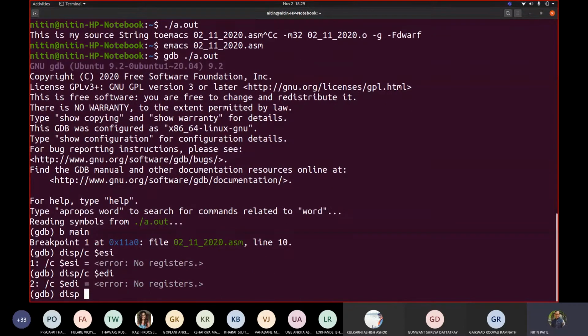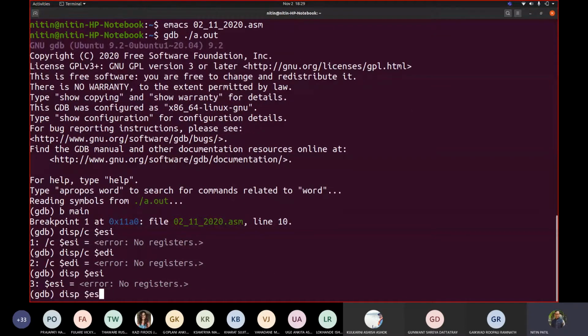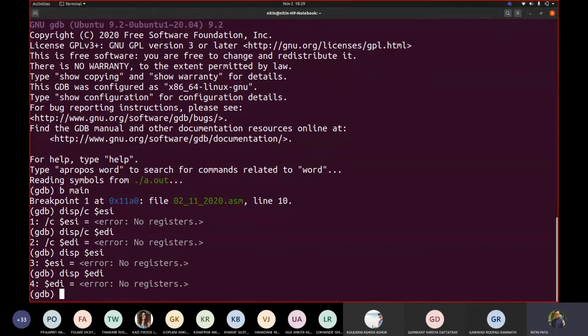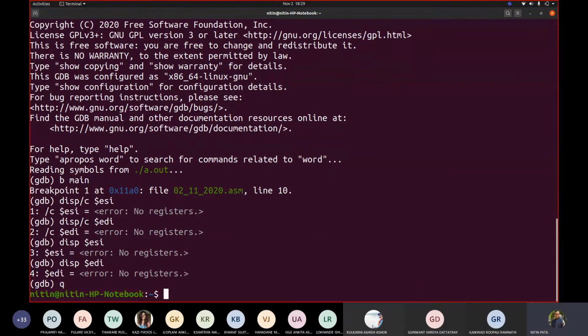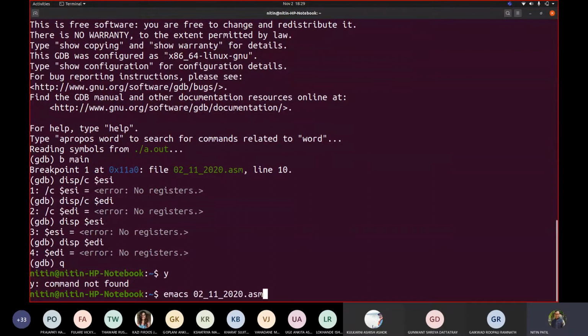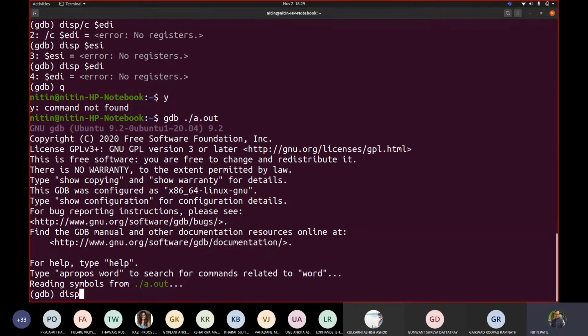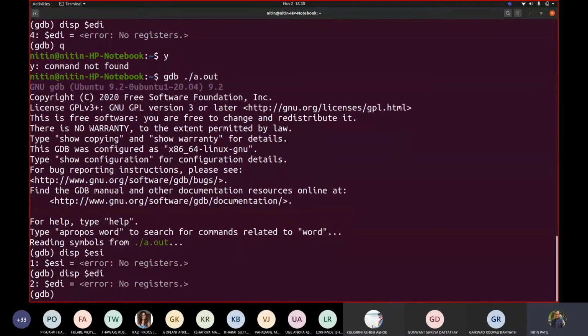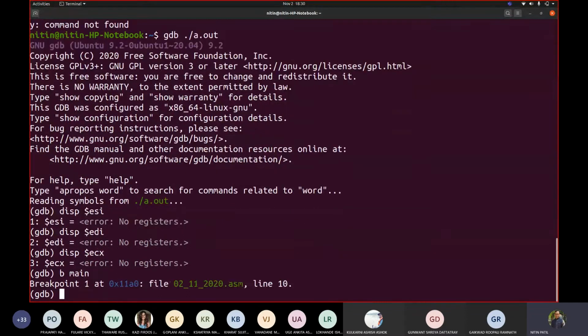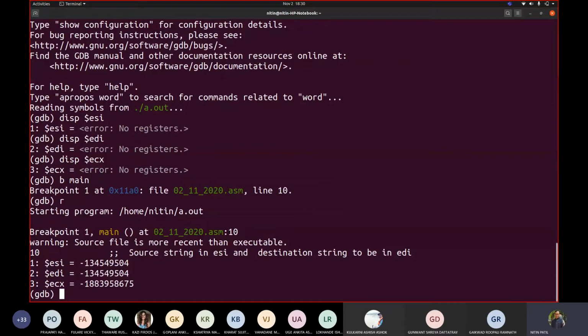Okay, will display ESI value as a number, EDI value as a number. Fine. So this may not work. Sorry, we should write X GDB: display $ESI, display $EDI. Fine, and we have to display ECX, $ECX. Now let us put a breakpoint at main and say run.